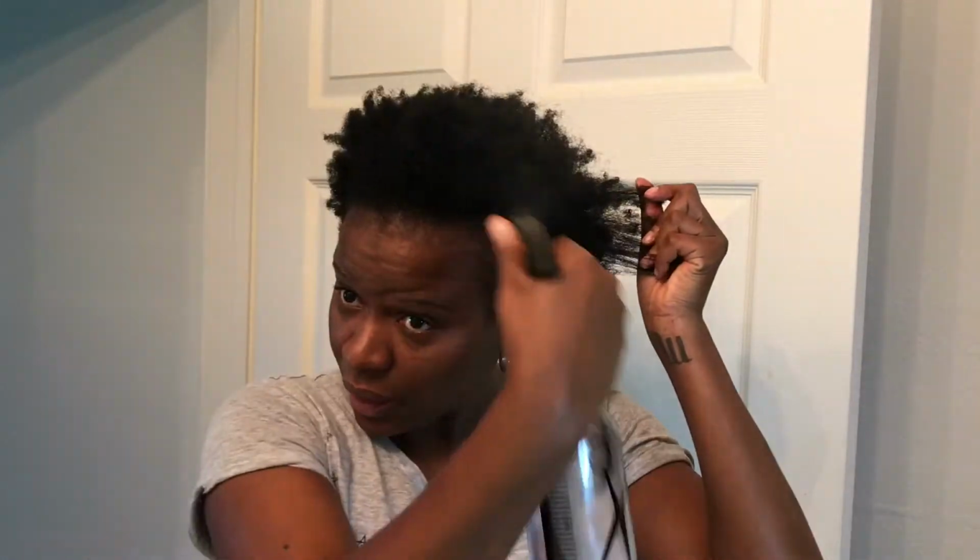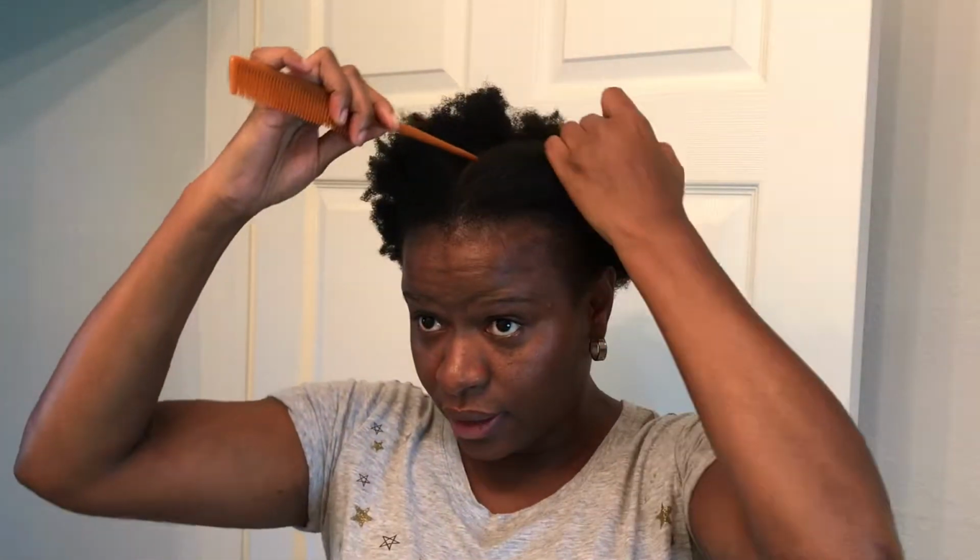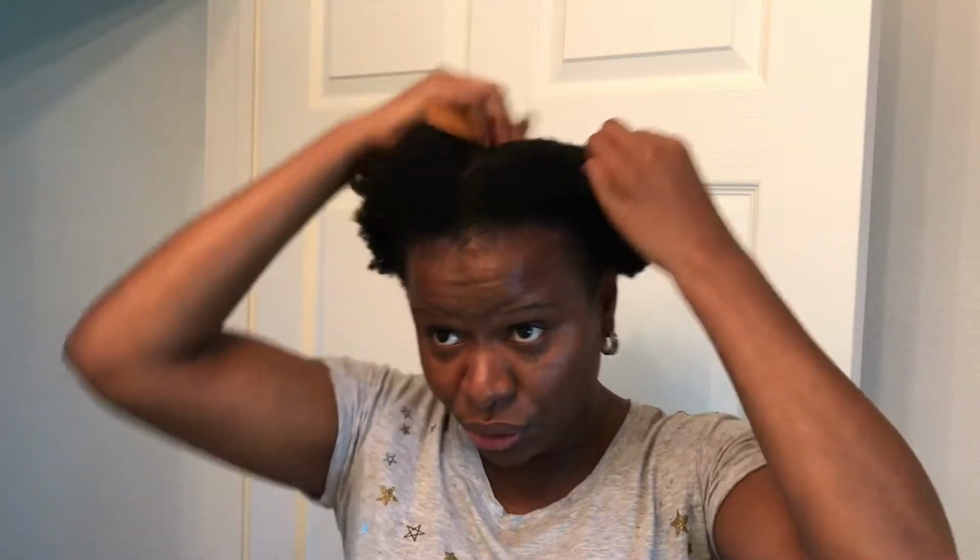Hey guys, I am going to show you how I achieve my bun with short hair. So I'm just going to get started, and first thing I do, I will spray my hair with some water. My hair is relatively short, but I can manipulate it very easily. So once I apply the water,